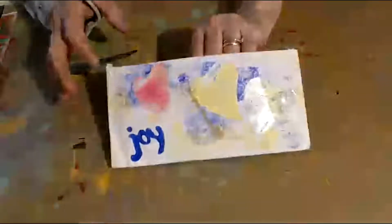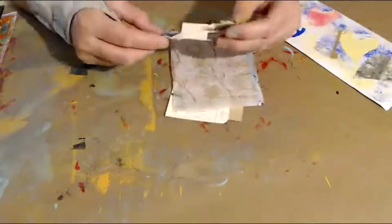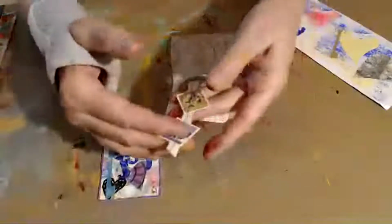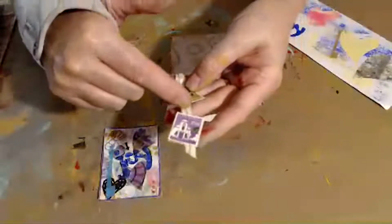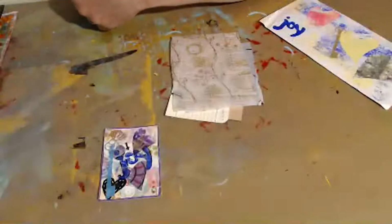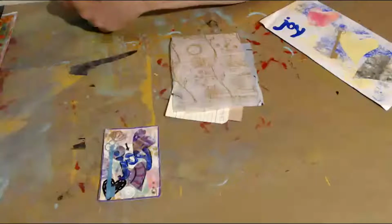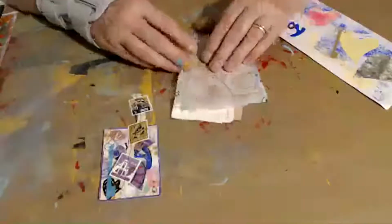So that was Janet Nash, and this is Janet Nash. And she's got another pretty envelope with Joy on the back of it. And we send back little bits, like she's got another artist trading card, and she signed the back. And then she made this cute little strip, and all she did is she took her sewing machine and laid some postage stamps on this bit of ribbon and then just sewed down the middle. And there's one from Malta and Australia, and this last purple one is Republic of South Africa. And then paper, there's some tissue